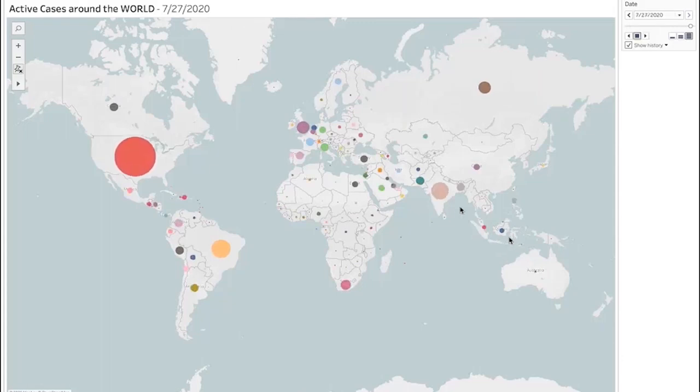Okay, so now in this graph, you can clearly see that China has maintained its size, in terms of they were not having the active cases for now, but you can see the rest of the world is suffering from COVID very badly, especially United States. You can see the size of the circle, which is giving you the active number of cases on July 27th. So yeah, this is really bad. Other than that, now the next graph is